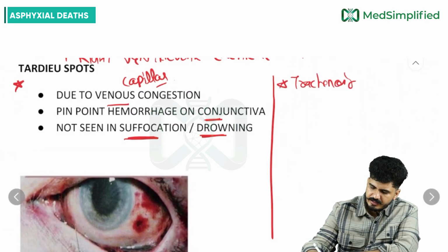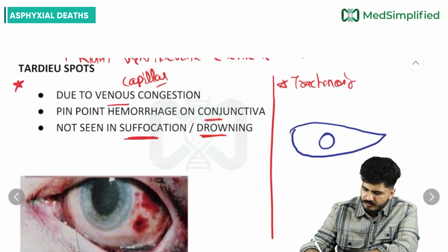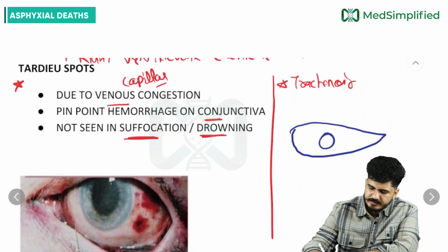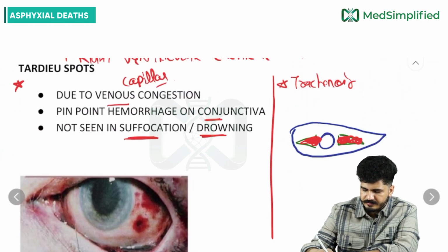Trachea noir, you have seen an eye like this. Trachea noir normally happens after death. There is a triangular shape hemorrhage like this, sir. If I draw here, there is a triangular shape hemorrhage. The collection of debris, epithelium cells, that debris of epithelium cell is there, sir. And the part involved here would be